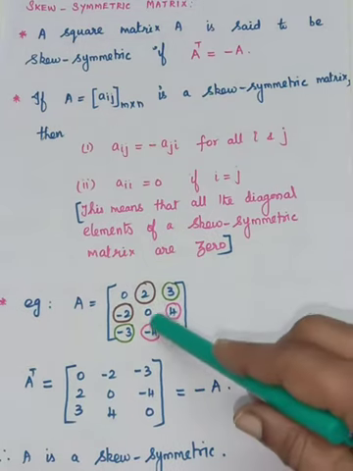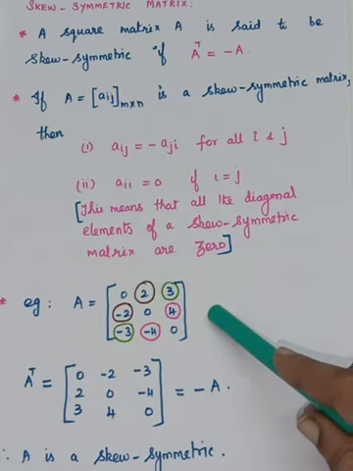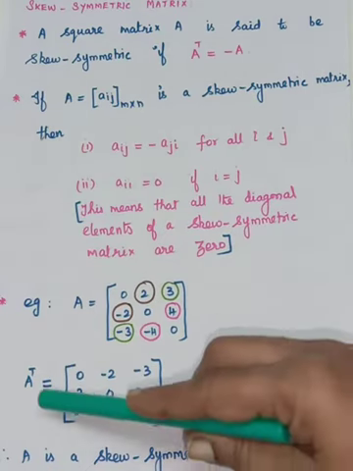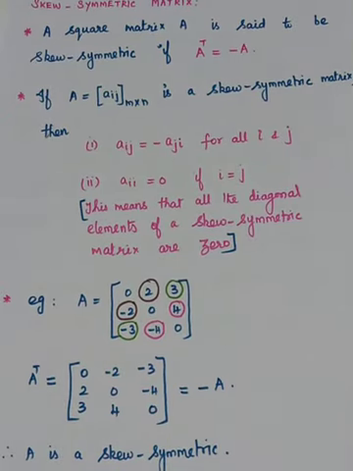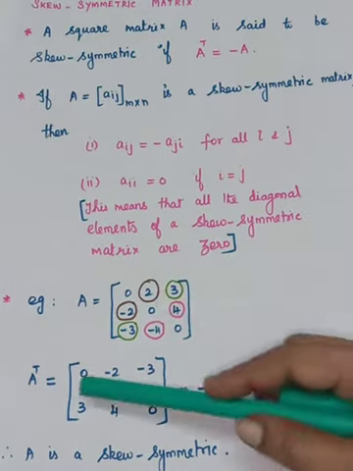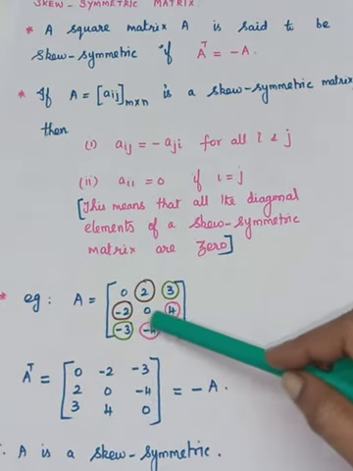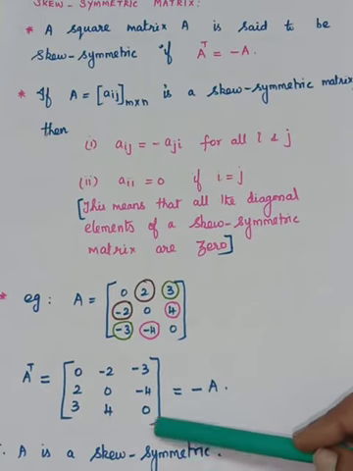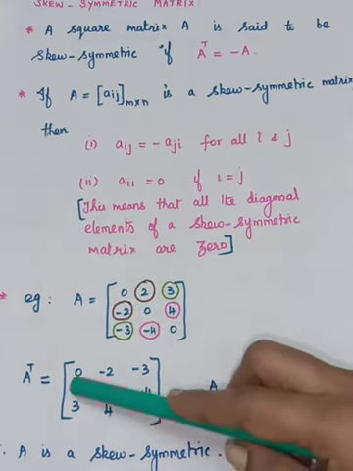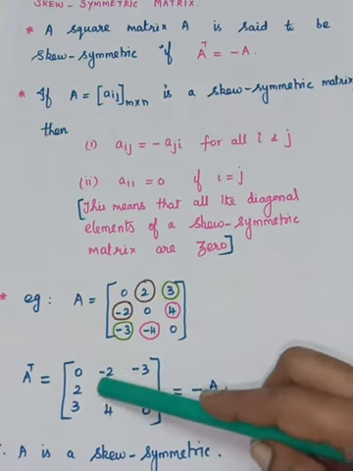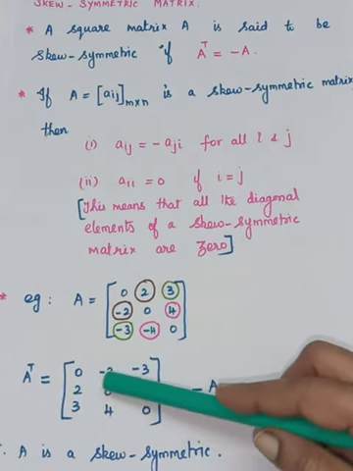Okay, I'll take one example. I have to check whether it's symmetric or skew symmetric. Whatever it is, first you have to find the transpose of A. So interchange the rows and columns. Take the first row and write it as the first column, take the second row and write it as the second column, take the third row and write it as the third column. You compare with A. So A's first row elements are 0, 2, 3. Here the elements 0, 2, 3 are there but with a minus sign. So if you take the minus out, here you will have 0, 2, 3.